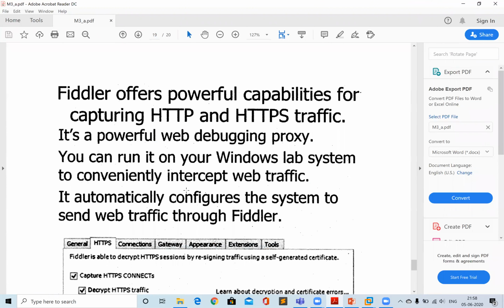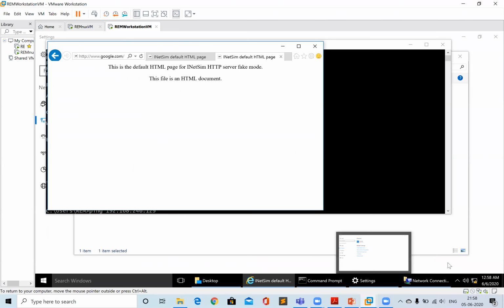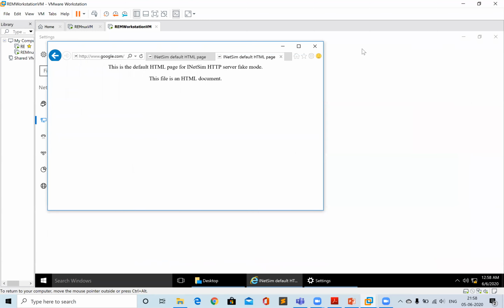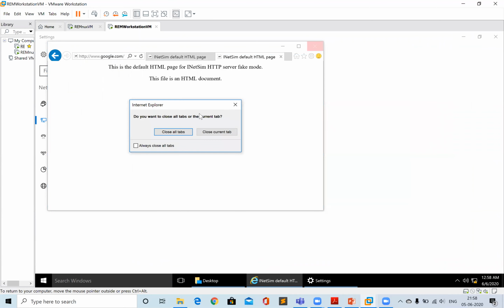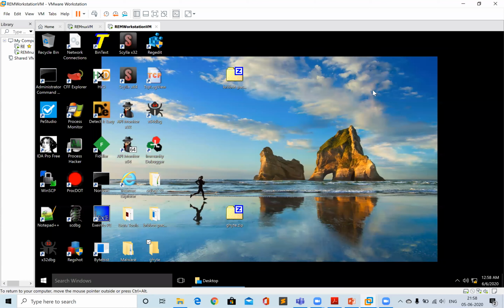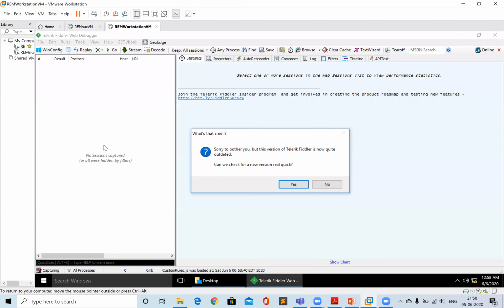Now we'll quickly look at the Fiddler software. So let's go to the Fiddler. Let's run this VM. And this Fiddler technique will work no matter whether you have set up a Linux VM or not, or whether you have set up a fake DNS or not. If you have not set up anything else, even in that case the Fiddler will work. So let's quickly run the Fiddler. You don't have to do anything over there. Everything is set for you.